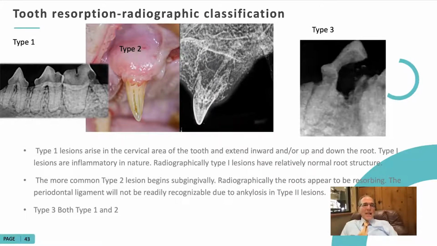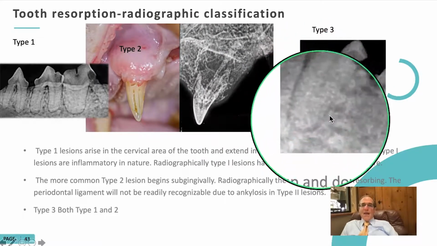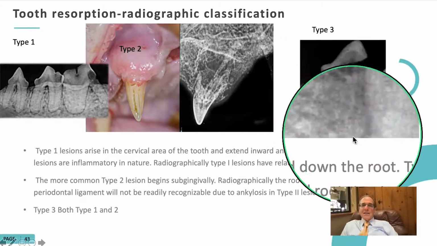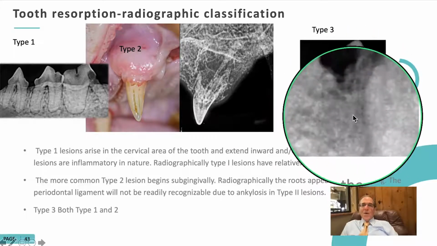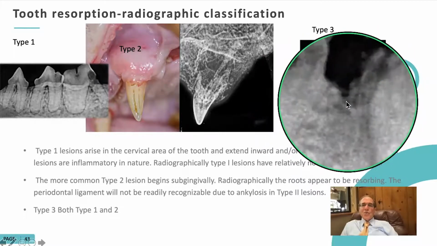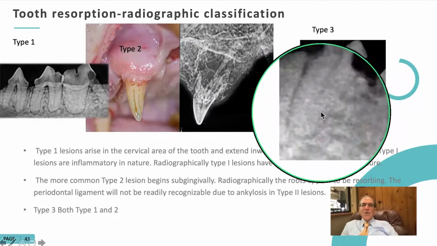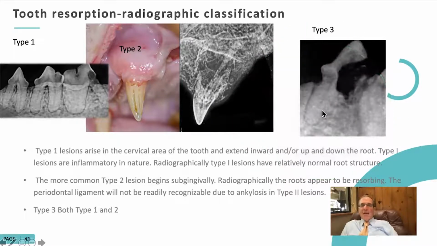Some multi-rooted teeth have one root that is type 1, inflammatory, and the other one is replacement resorption. And that is called type 3. So in this fourth premolar, this root is type 1, and this root is type 2. And the way you diagnose the type 2 is that it is less opacity. This type 2 root is being replaced by bone. In this scenario, when you're removing this tooth, you have to take out the type 1 root, and you can leave the type 2 root and just sew over the gingiva.